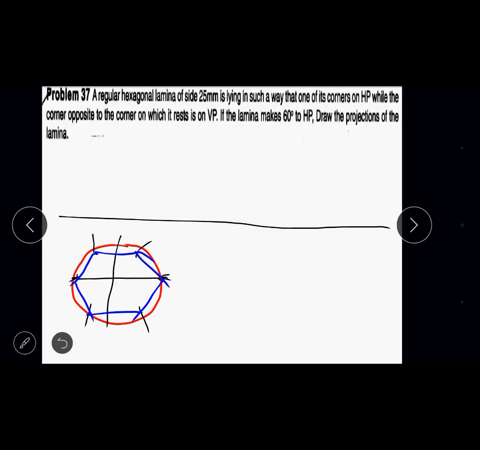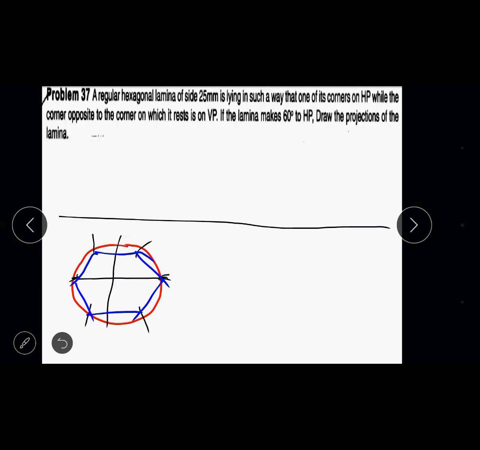To get the corner resting position of the hexagon, you should use the x-axis as reference. Take your compass and measure a radius of 25 mm. Keep your compass point on the left end of the x-axis and cut an arc on the top and bottom of the circle. Again take your compass on the right end of the x-axis and cut arcs on the top and bottom of the circle. Then join them and all 6 corners will be available. So the end points of the x-axis will give you the corner positions of the hexagon.